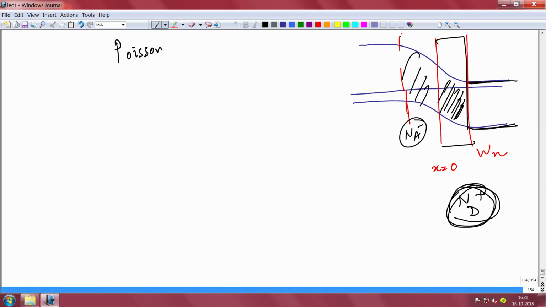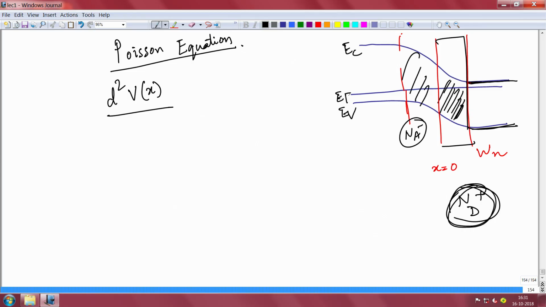You remember the Poisson equation from your 10 plus 2. Poisson equation does come from Gauss law, and if you recall, it is basically the second derivative of the voltage. This is conduction band, this is valence band, this is Fermi level. You remember that this entire band diagram is electron energy. So, this electron energy, whatever I am putting as EF, EV, is actually Q times potential energy. Please remember that, okay. And there is a negative sign, of course, because the charge is negative, an electron.